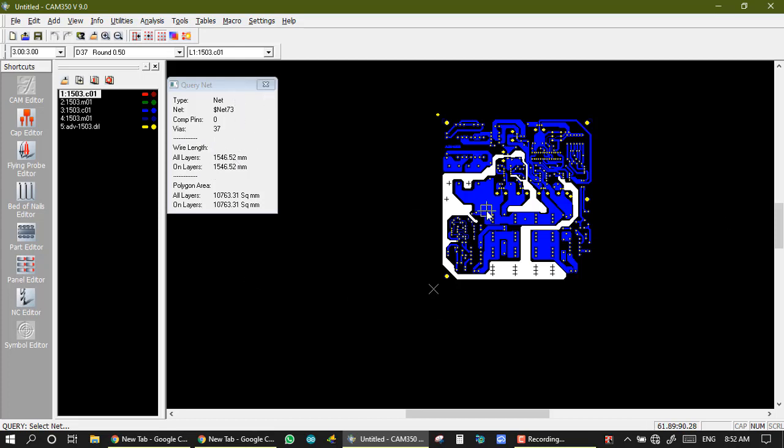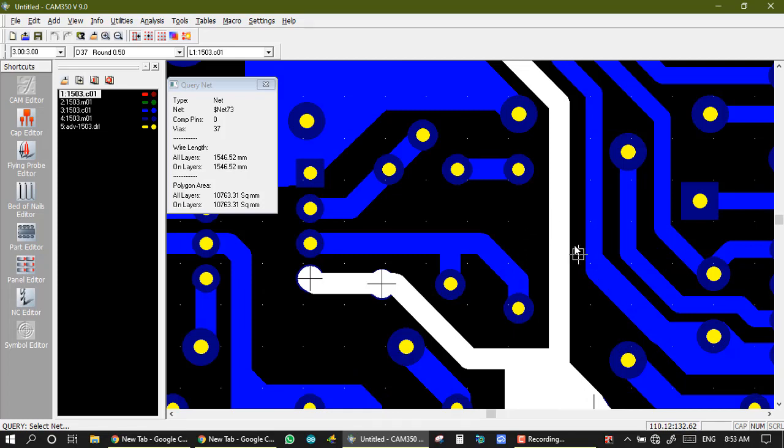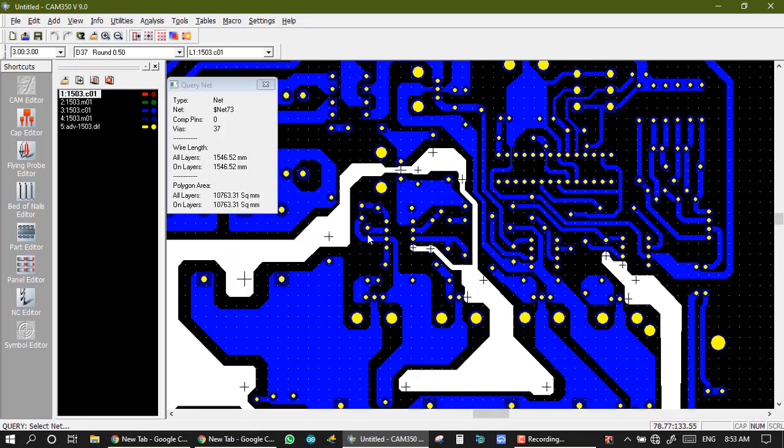And a net is also used when we get some short in testing, like in a BBT machine or flying probe machine or any universal machine. It is electrical testing of PCB, and in electrical testing of PCB sometimes we get some open error, some short error. Like open error: if this track is cut from here, then we don't get connection from here to here. Like this track is cut from here or often from here, then the connection from this point to this point is not electrically possible, because the track is cut, so electricity, voltage or current is not passed from here. So this is my open error.